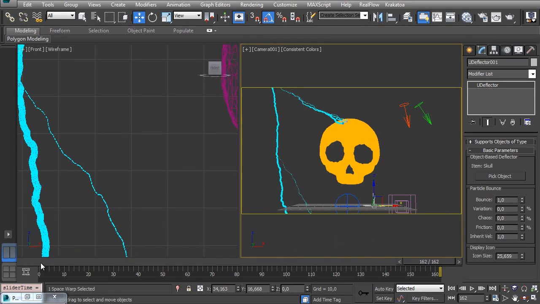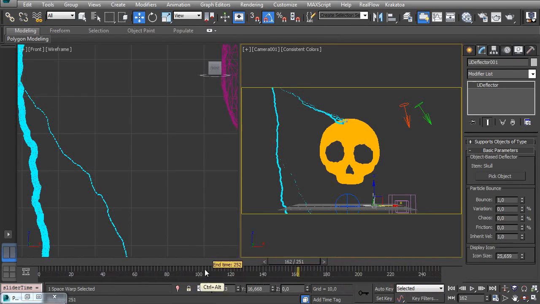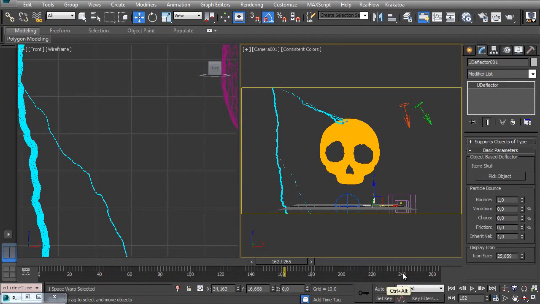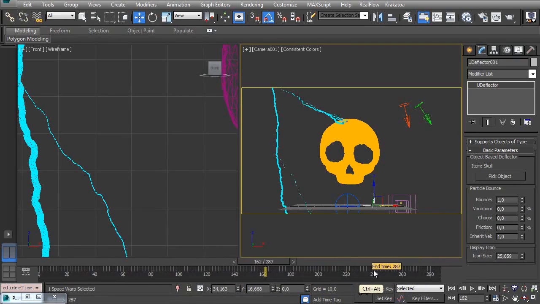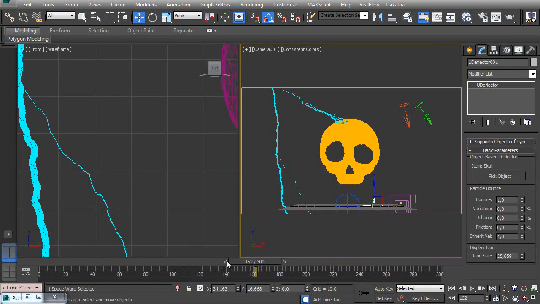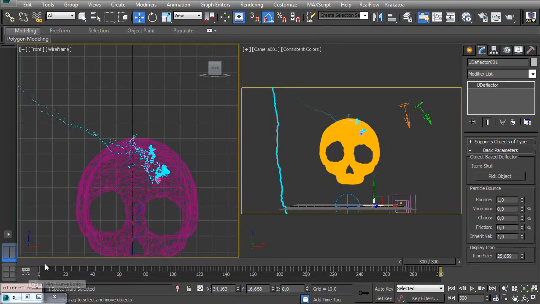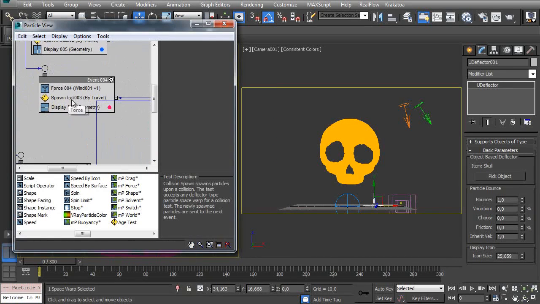Okay. I think it could go a bit faster. Let's increase our timeline. To increase our timeline like this, you just hold Ctrl and Alt and right click on the timeline, so you can go like this. Okay. As you can see, the particles are passing through when they hit the school, but it's kind of getting mad there. So let's add